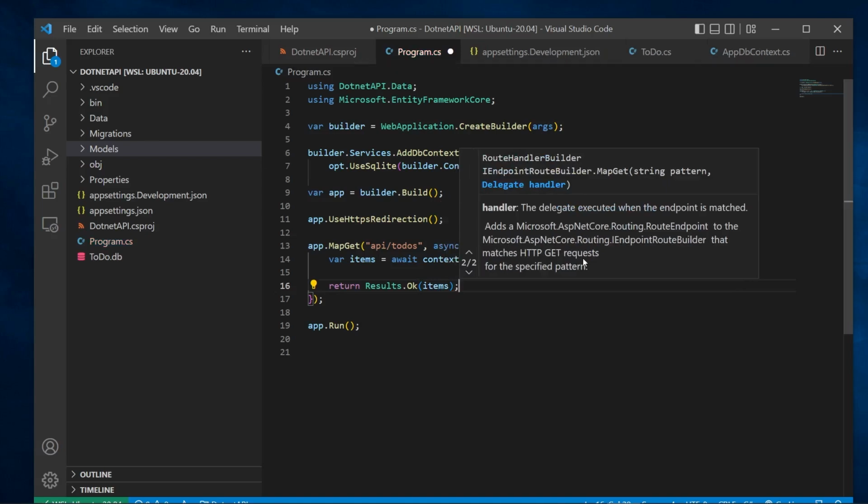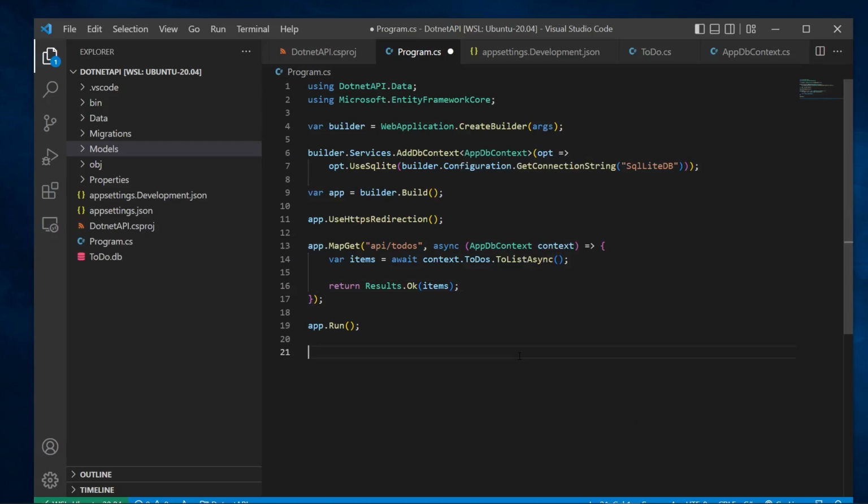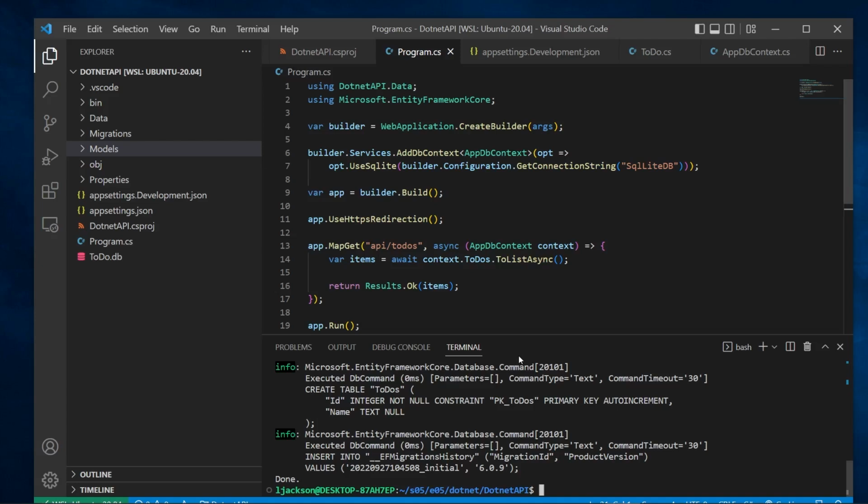That's it. Pretty straightforward. We don't have to do anything else. Again, there is a bit of convention over configuration here. We're just going to get a JSON payload returned back based on any items that we have in our API. So what we might do is save that, and run it up and test it. Now, we won't get any items returned, obviously, because it's going to be empty, but if we do a dotnet run,